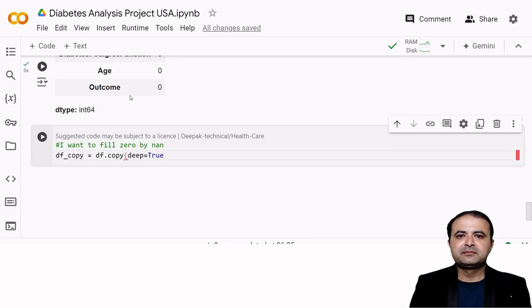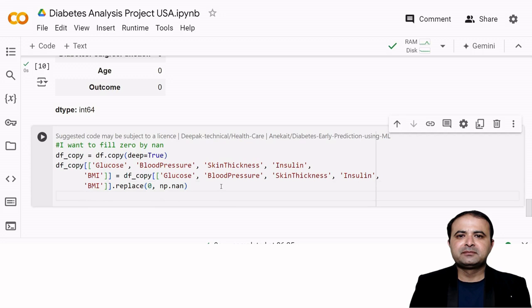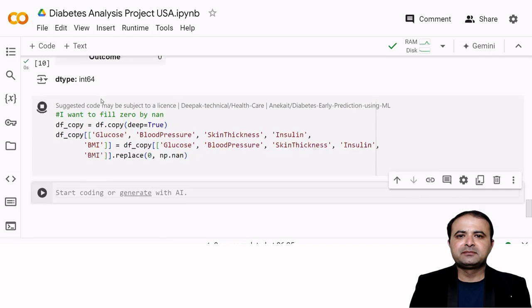So we have the functionality like df.copy, and also there are some columns like df copy, and all the columns are there, but I want to apply it to some selected columns. So after writing this particular command, once I have executed this,